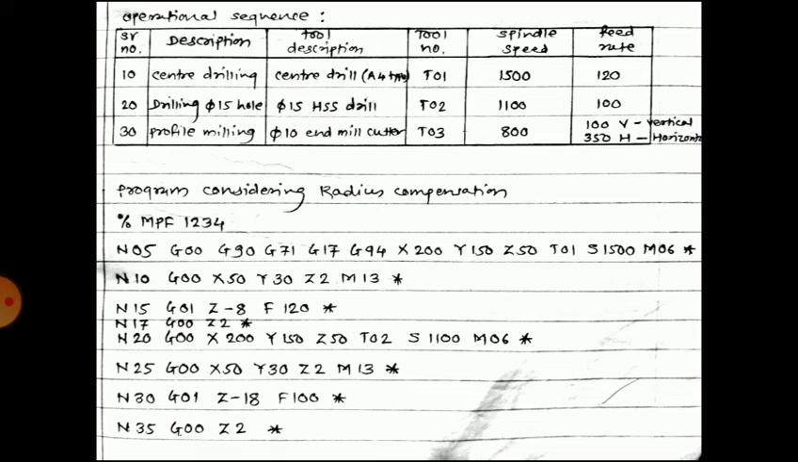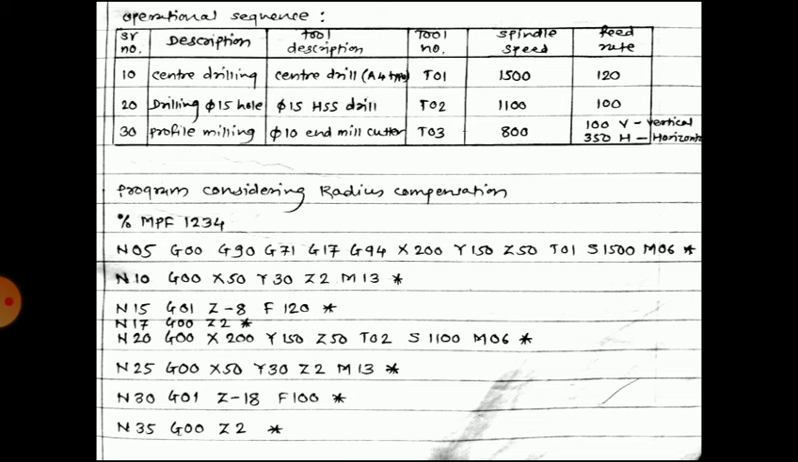So %MPF1234 means it is a program number. Then N05 G00, that is the rapid travel of the tool. G90 means it is absolute programming. Then G71, it is metric programming. G17 is XY plane selection. G94 is feed rate in mm per minute, and XYZ coordinates X200, Y150 and Z50 are given,